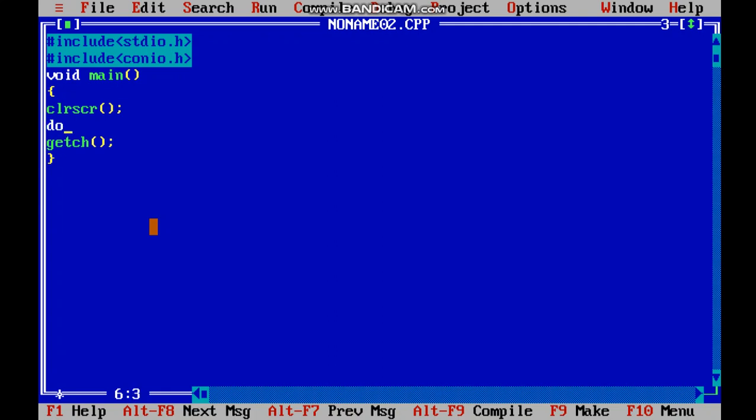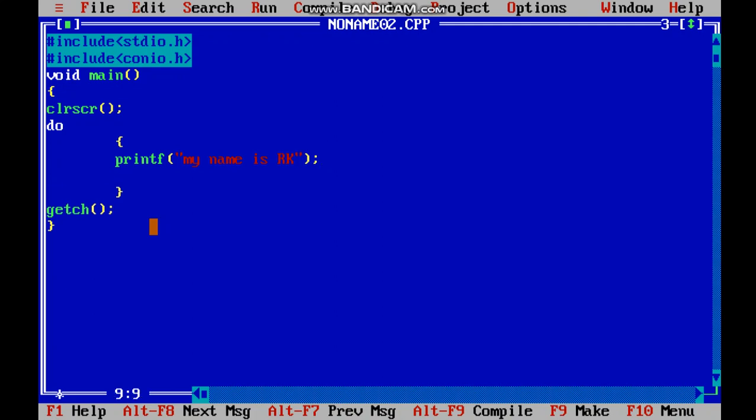So let us say do, curly braces, printf, my name is RK.